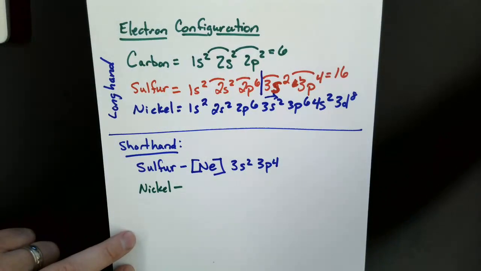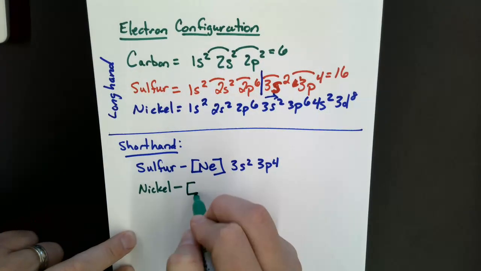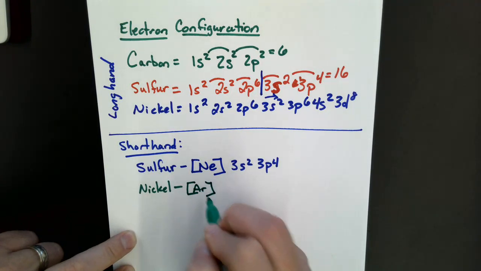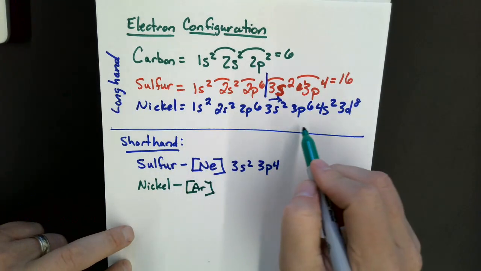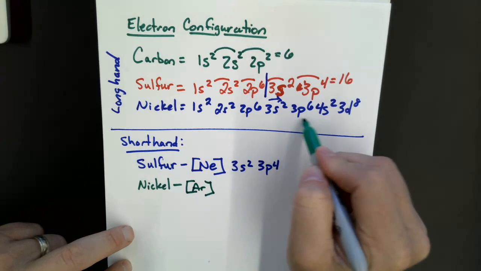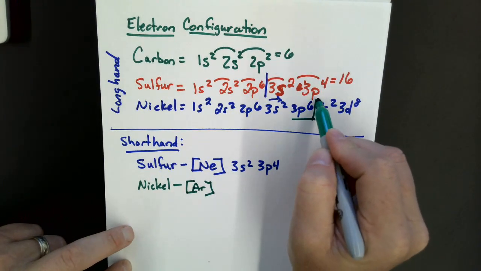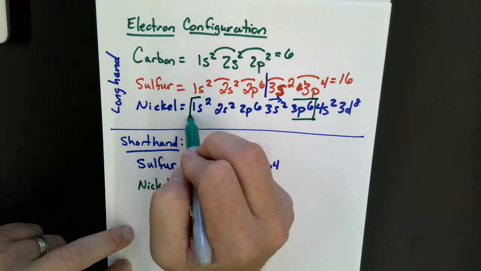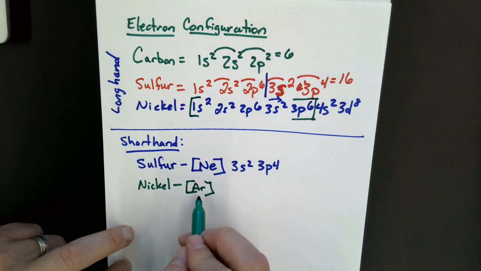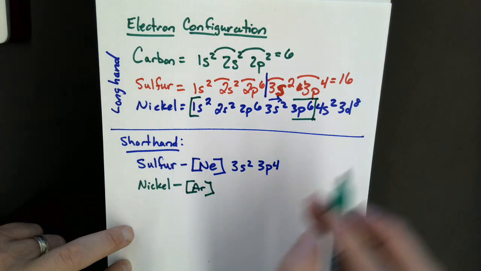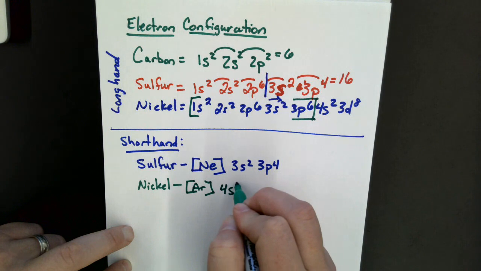So all we have to do is simply put our bracket, put Ar for argon. We're going to take a look. Here's our last P level that was filled out to 6. All of this information is assumed when we draw the bracket Ar. And now all we have to do is 4s2,